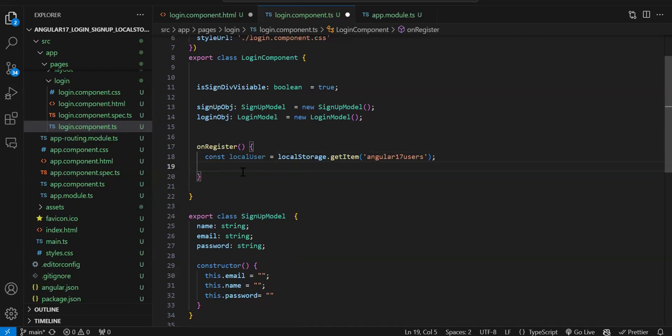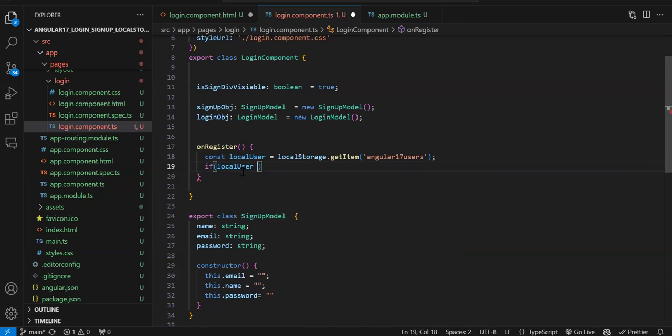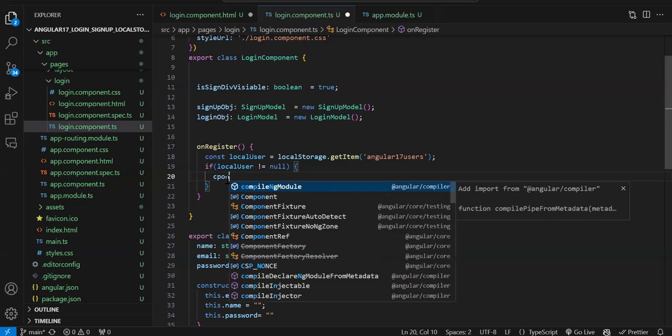Now we just need to add an if statement: if currently we have a record in the local storage or not, with not null. If we don't have any records, we will get null. So if it is not null, it means we already have some data. Now we just need to create one more array,